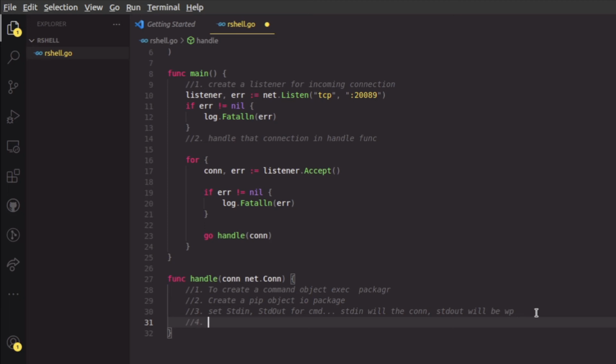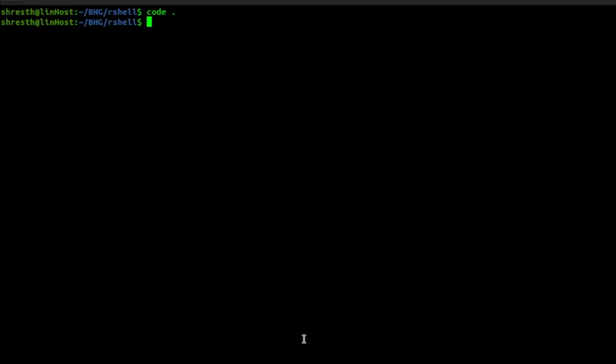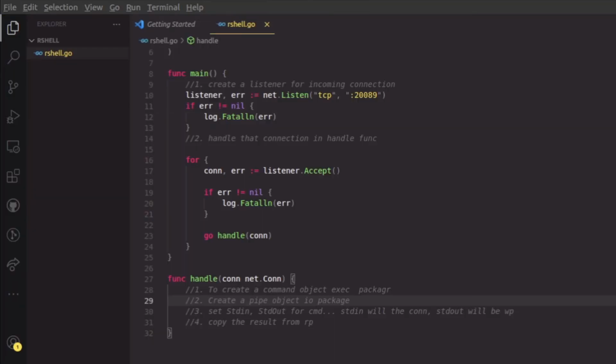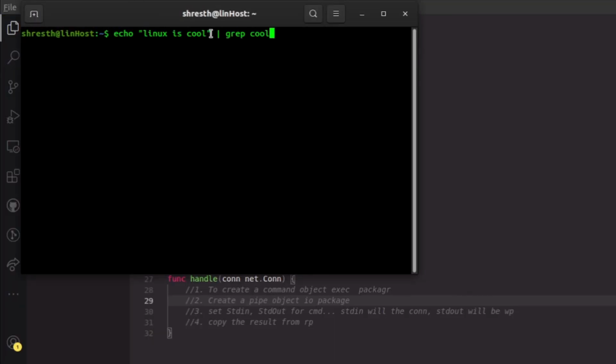Then the fourth step is to copy the result from the read process. There will be two parts of this pipe object which we are creating here: one will be the reader process and one will be the writer process. Remember the last command which I executed on the command shell? We have two processes, the writer process and the reader process.